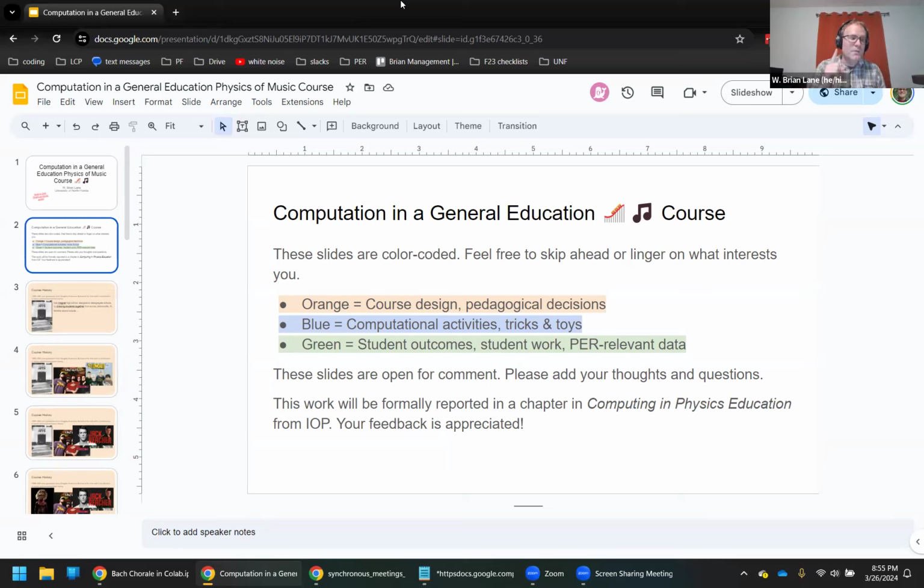The first activity we did was have them create a model airplane in VPython. They had to look up the shapes. They had to figure out where they would go. They had to nudge the position vectors over. They had to keep rotating around to make sure it looked good. And I pitched it from the very beginning as, I don't expect you to be programmers. I expect you to be in a world where programming makes a difference to you and impacts your career. And so I want you to have experience with this. I do not care what you remember by the end of the semester from this programming.